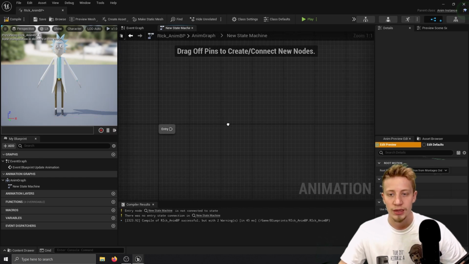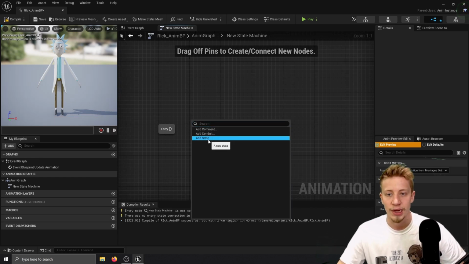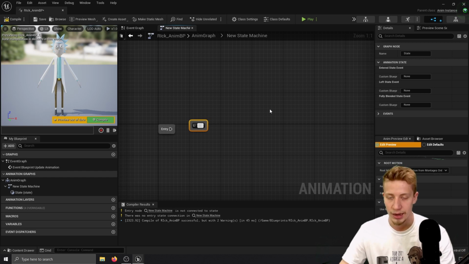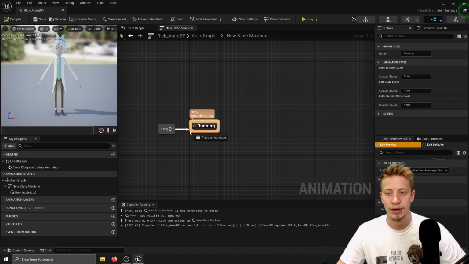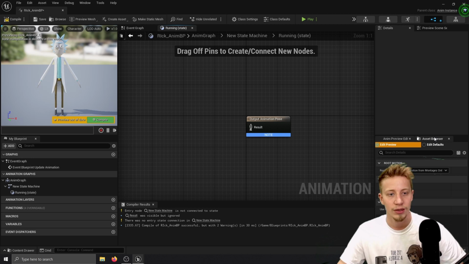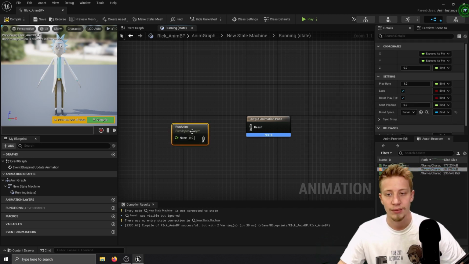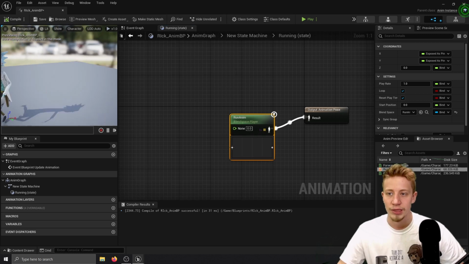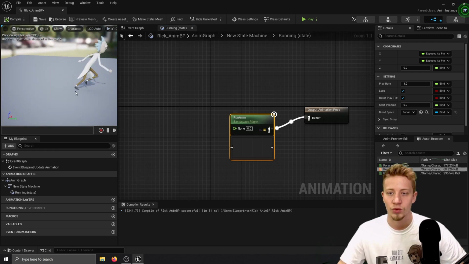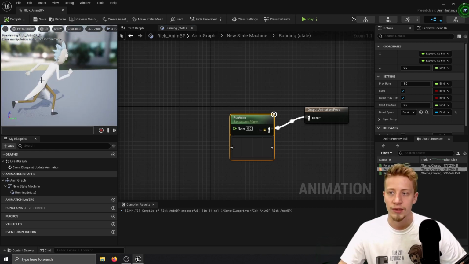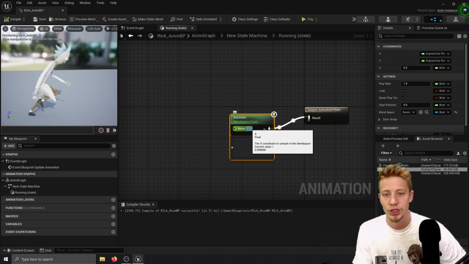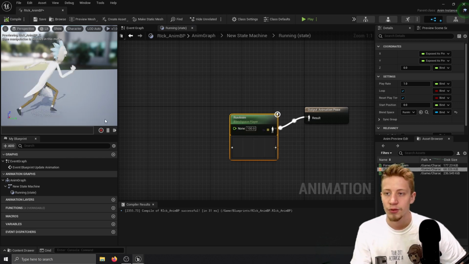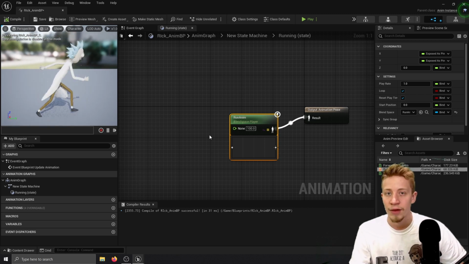And what we'll do here is to create first state, that which will be running. So add state, call it running, connect our entry right into it. And now if you double click on it, we can put here our run anim. Connect it in here, compile. And now you can see if we have this value set to 0, it runs on the default speed. But if I switch it to 100, and compile, it runs on that 2.5 rate, which will be very useful